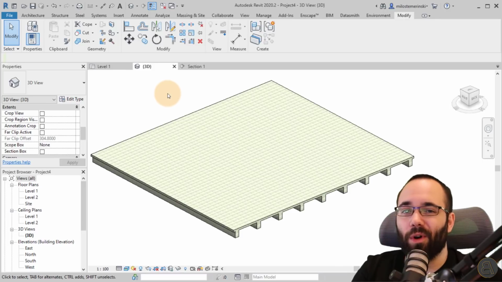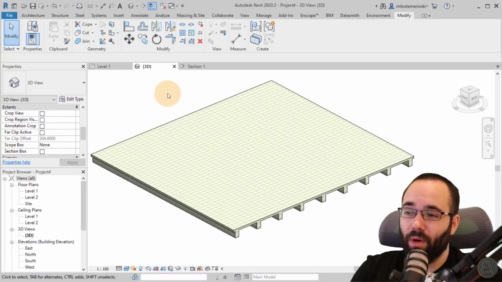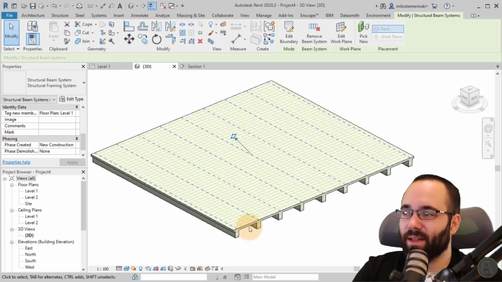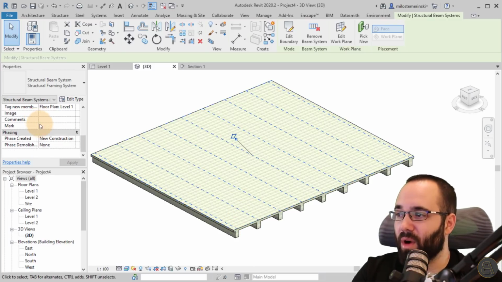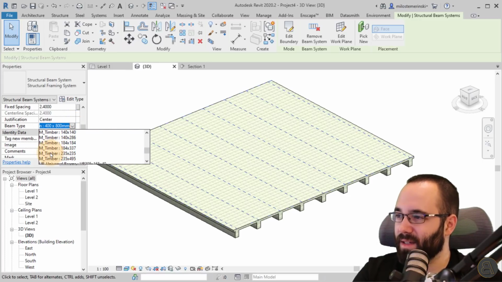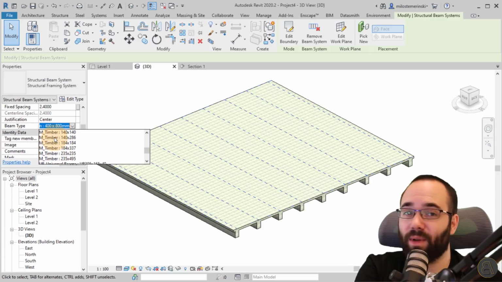Okay, moving forward, let's now turn this into a wood construction, and it's actually fairly similar, pretty much the same thing. So again, we come here to the beam system, we select the beam system, we go to the properties, and then here for the beam type, we'll search for wood. Now, in this case, we do have some timber beams, but I'm actually not happy with any of the ones